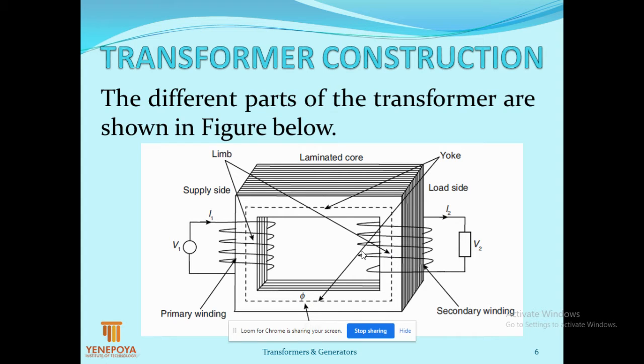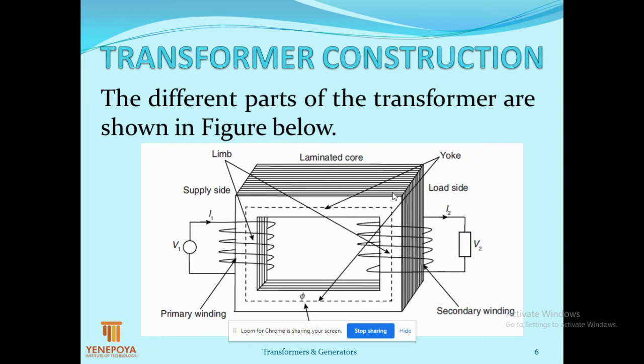Hence, when the flux is set up in the core, an EMF will get induced in the primary winding. That is called E1. When you apply V1 volts, EMF will be induced in the primary winding as per Faraday's law of electromagnetic induction. Whenever the magnetic flux linking a coil or a conductor changes, an EMF will get induced in the coil or conductor. This is Faraday's first law of electromagnetic induction. Clear? As a result, when this flux links, this is a mutual flux.